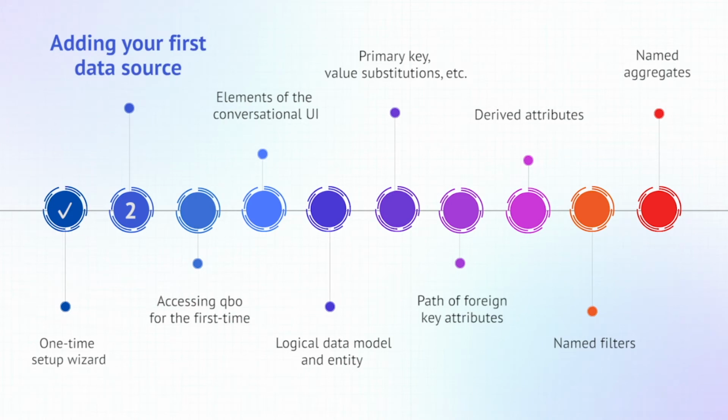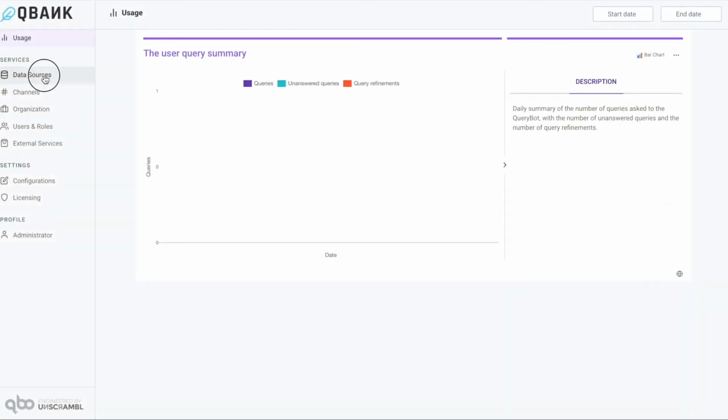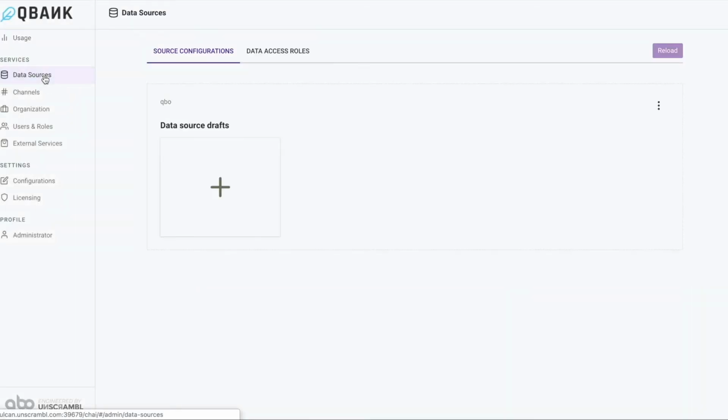In this video, we will walk you through the steps on how to connect to one of the supported data sources. We assume that you are logged in as a user with appropriate administrative privileges. Once you click on Data Sources, you will see a list of data sources that are already configured. In this demo instance, we are not connected to any data source yet, so let's go ahead and start the